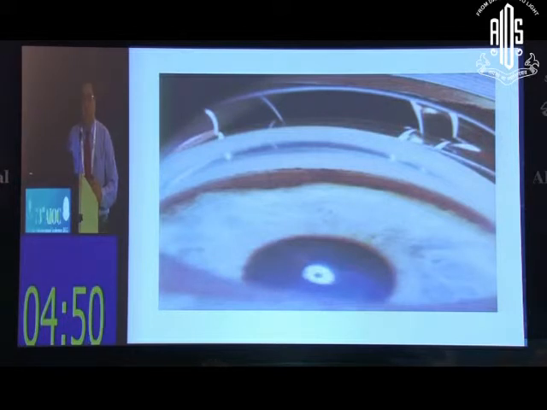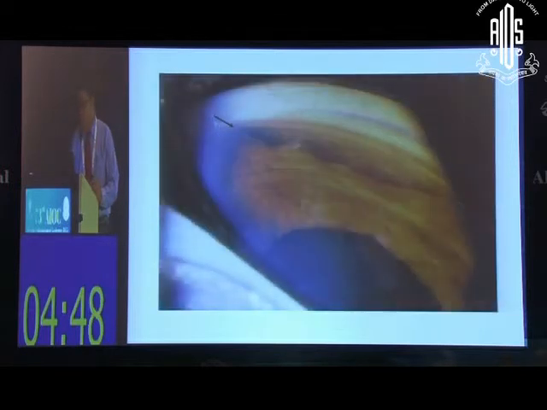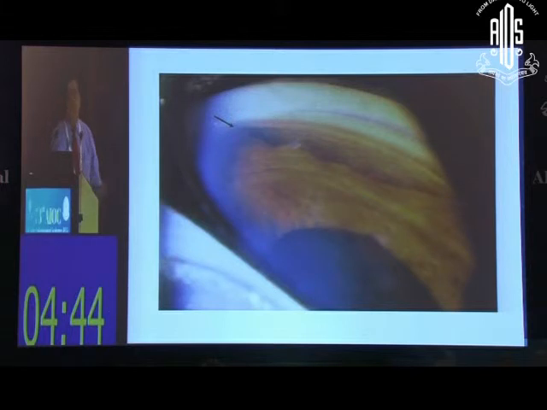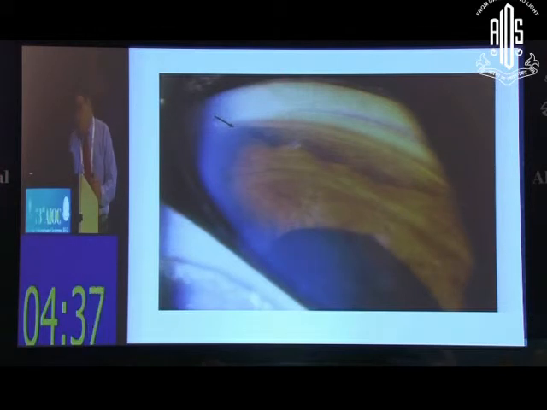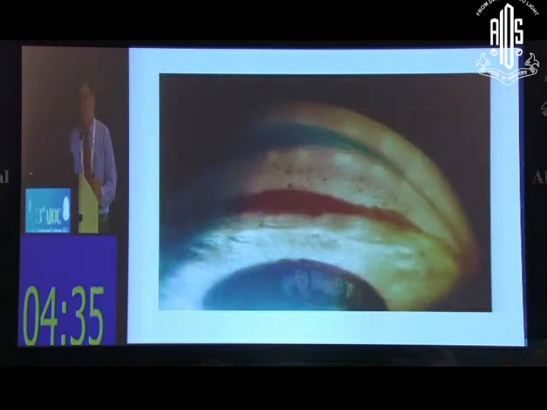Absolutely good. That's correct. Now see the next picture. In this also you see angle recession, but you also see a torn iris. So this is iridodialysis as well as angle recession. And the third traumatic sequela is blood in the angle from trauma.